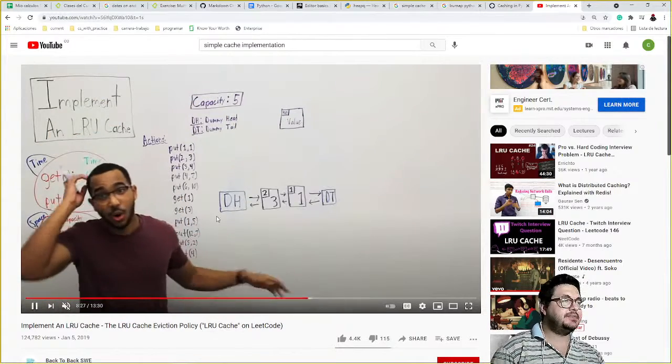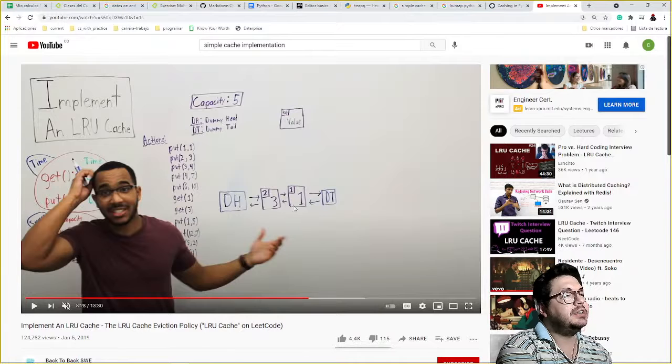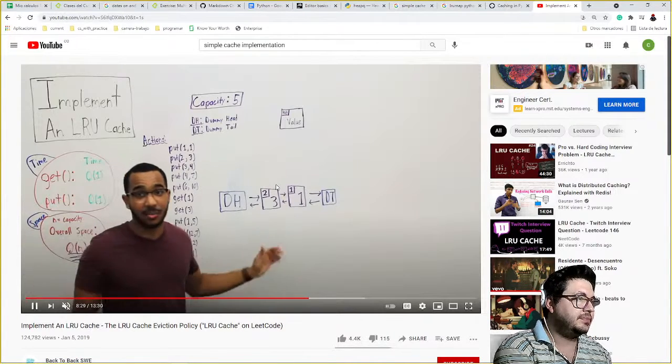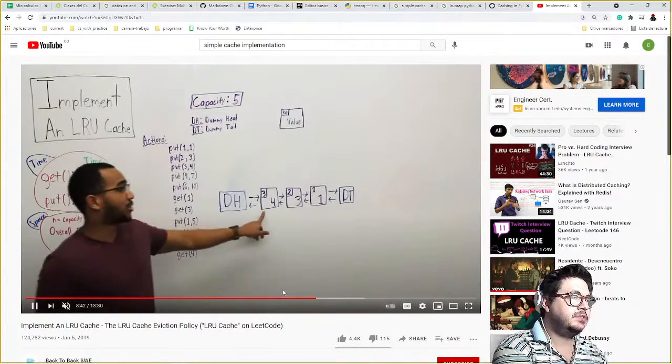The thing is, he has a double linked list. Anytime you access something, you put that thing in the first part of the linked list, like that.